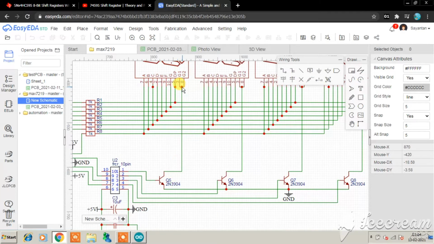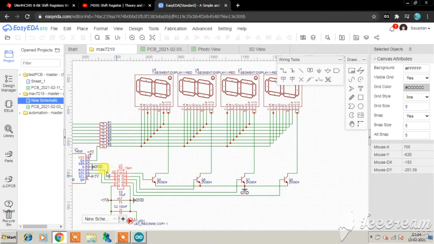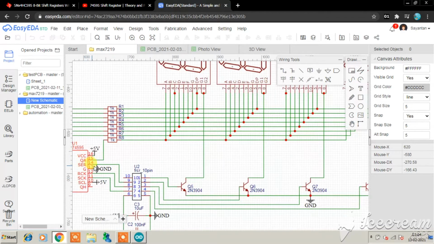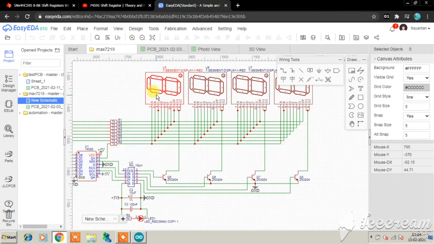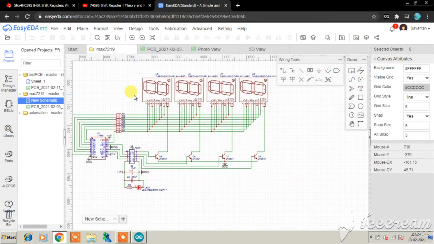Effectively the cathode is being pulled to ground. So now if we give serial data into the 74595, then the corresponding segment should get lit up, completing the circuit. As we apply the high signal on this transistor, it completes the circuit, and the respective segments should glow.